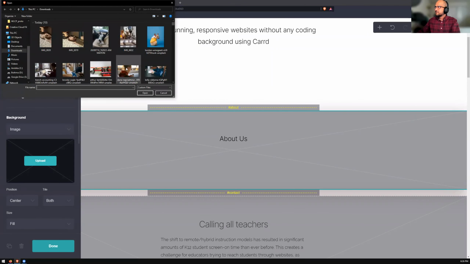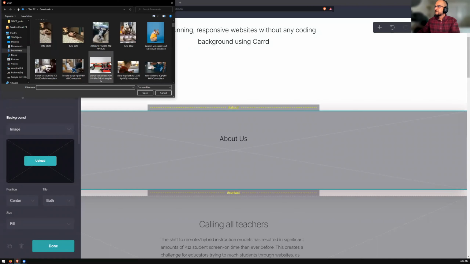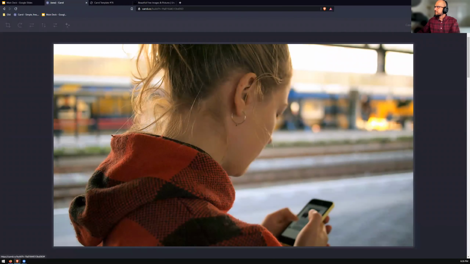And then I'm going to go to, for example, I'm going to go right here. Oh, image is too large. That's too bad. Hold on. Maybe this. Is that an about us? That's not relevant. And one other quick tip: when you're creating any banner, and there's text on it, basically